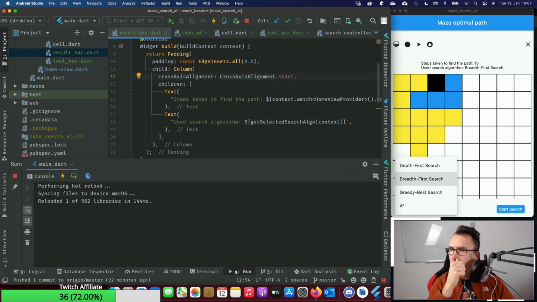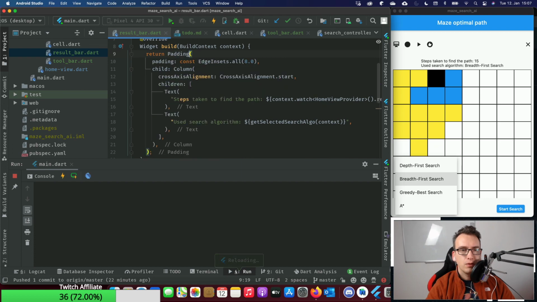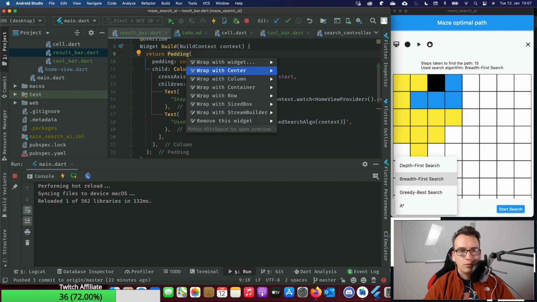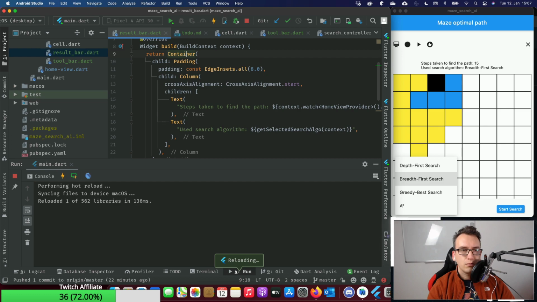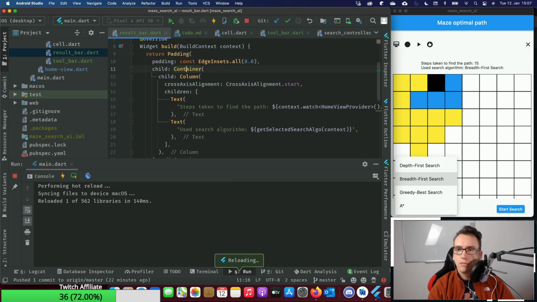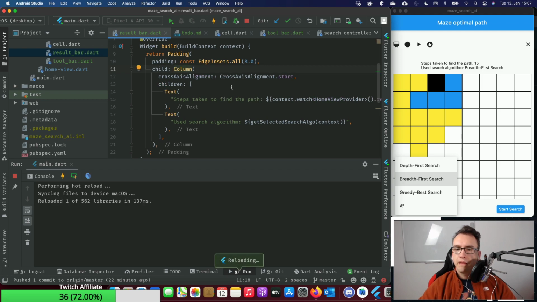Interesting. Why does it not take the full space? Padding has nothing to do with that, right? Does it need a container surrounding it? No. Interesting.